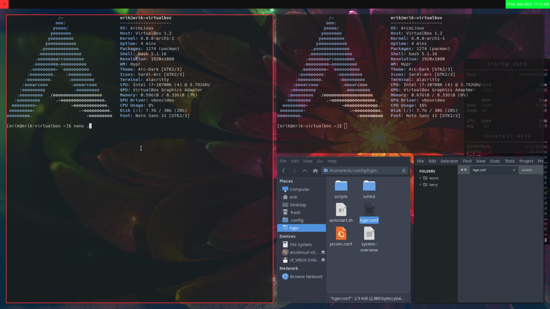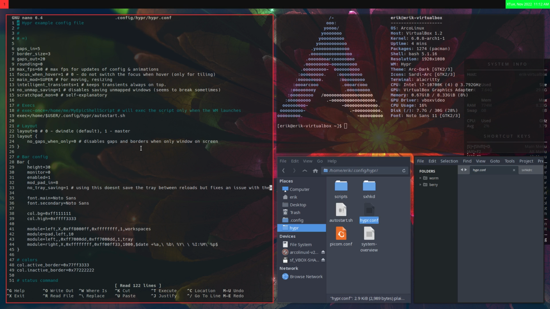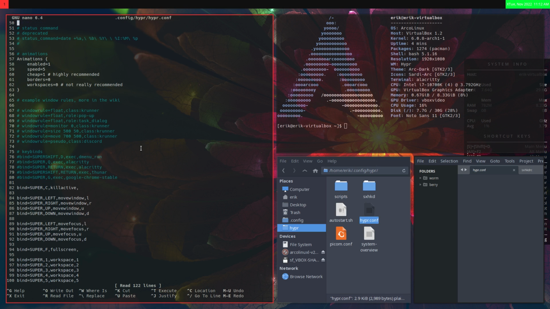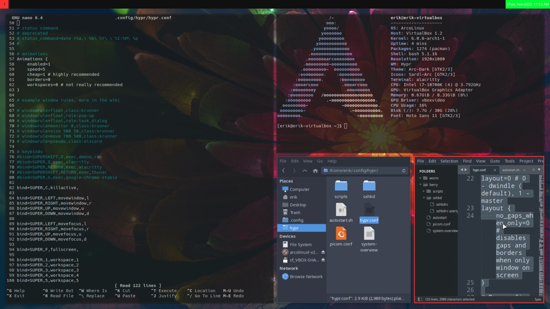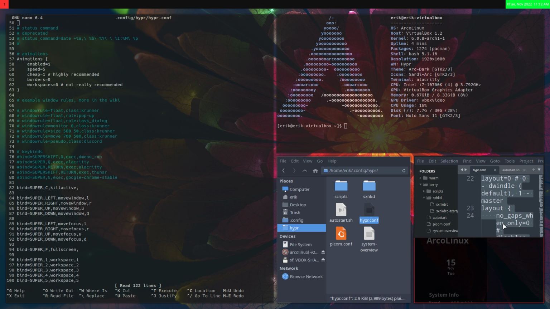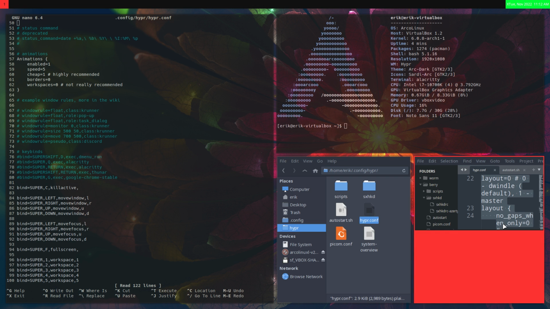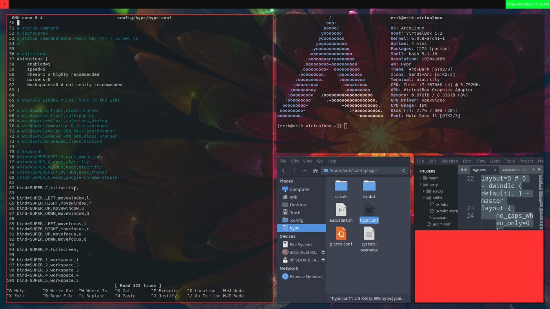Nano .config hypr conf. Quitting things was Super C, kill active. We call it Super Q, Super C. Yeah, Super C's are conky. Conky activate, conky gone. So that's not going to work. We should change this into Super Q, kill active, and actually also